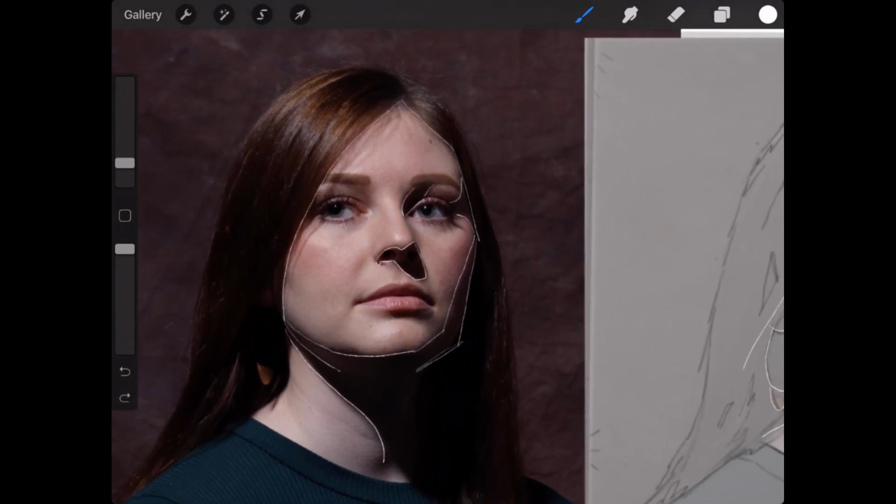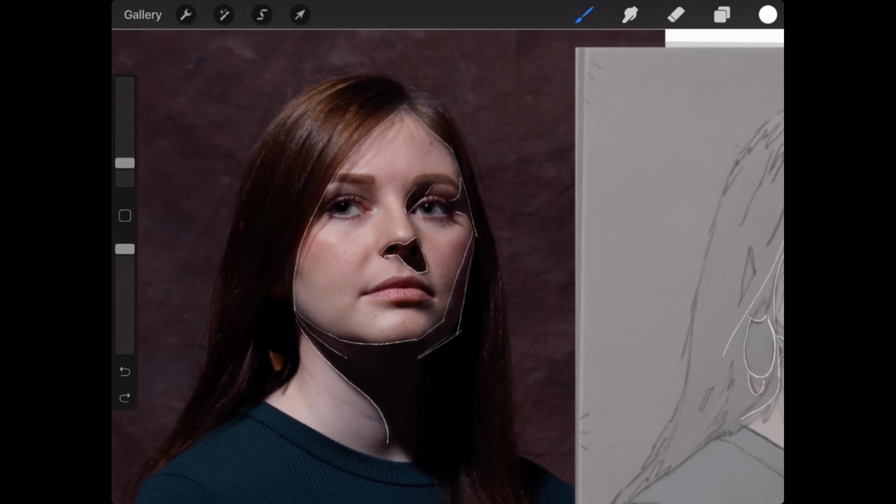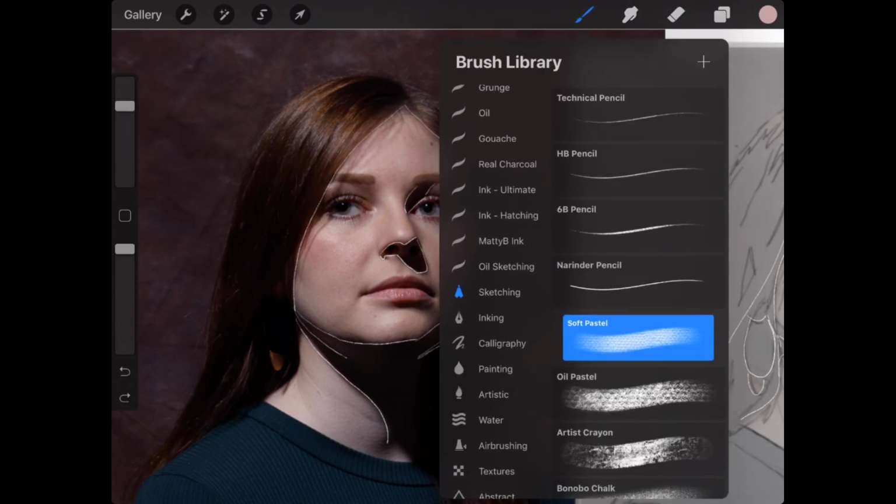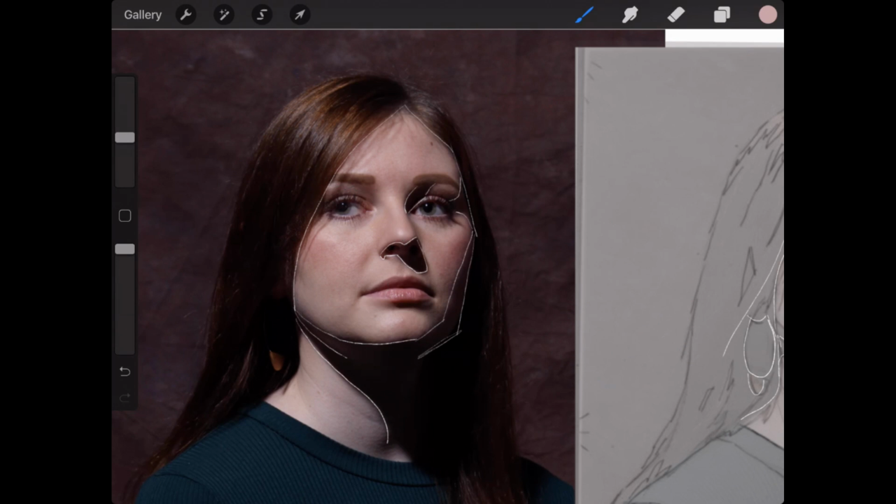When we're thinking about painting, let's see, I might need a bigger brush. Hold on, I'll do pastel. I'm just going to do a quick paint over as an illustration of this idea, but we're really kind of thinking about planes and masses, right?